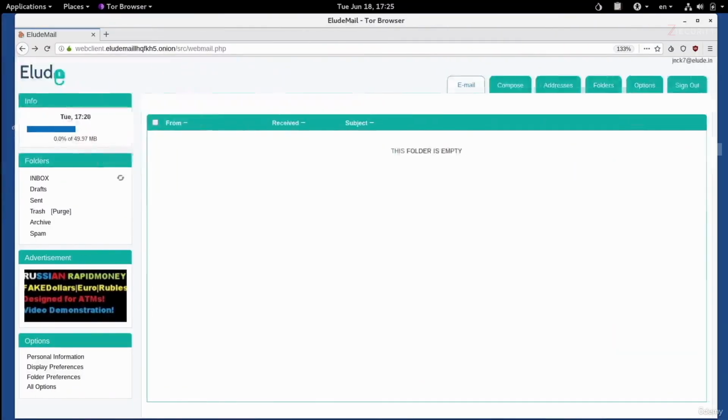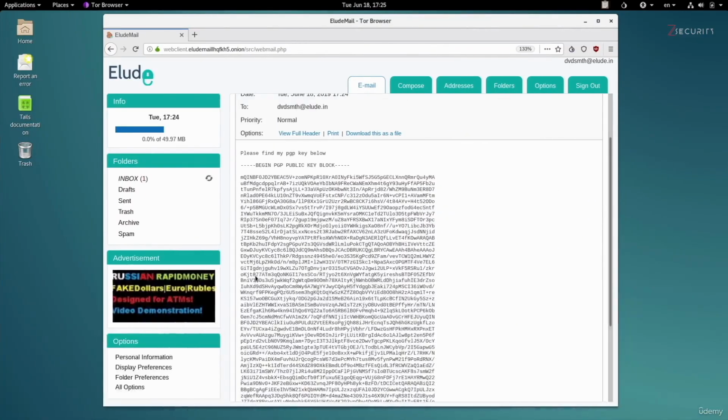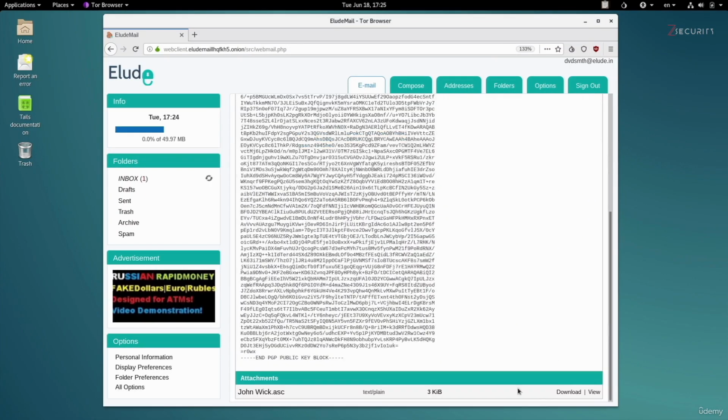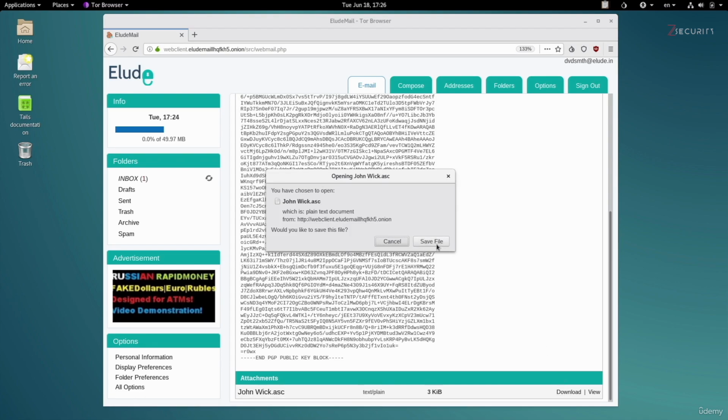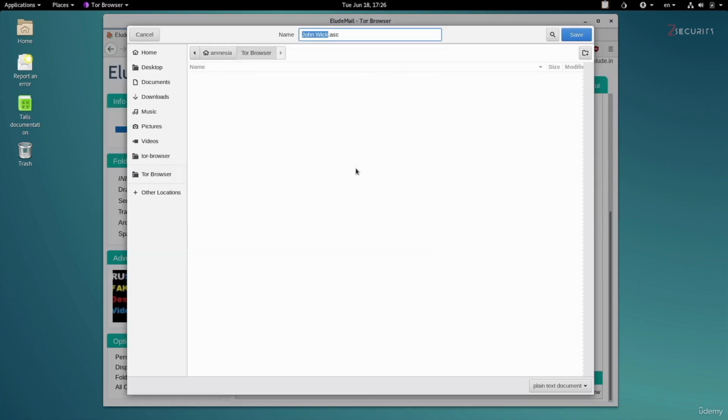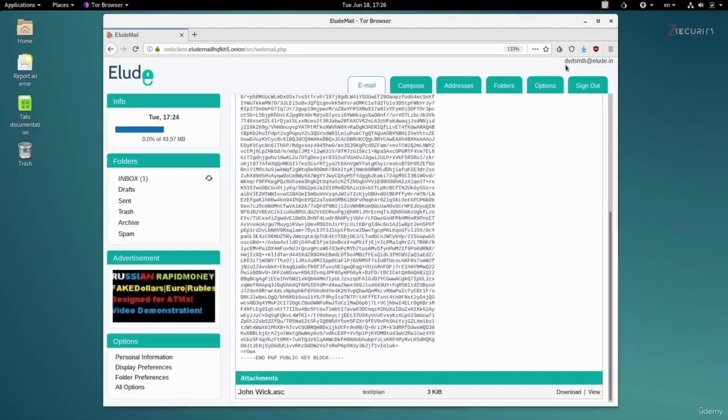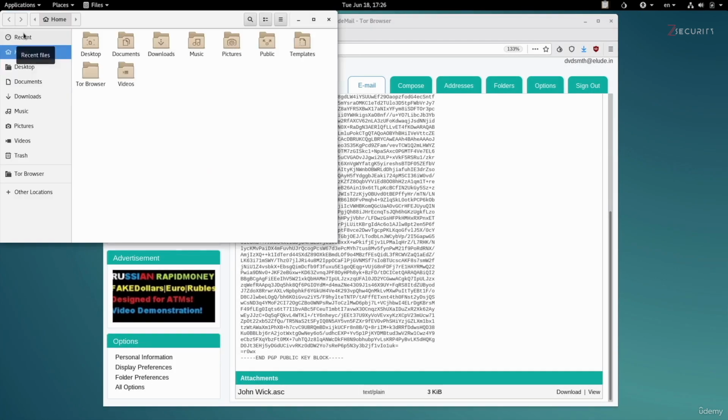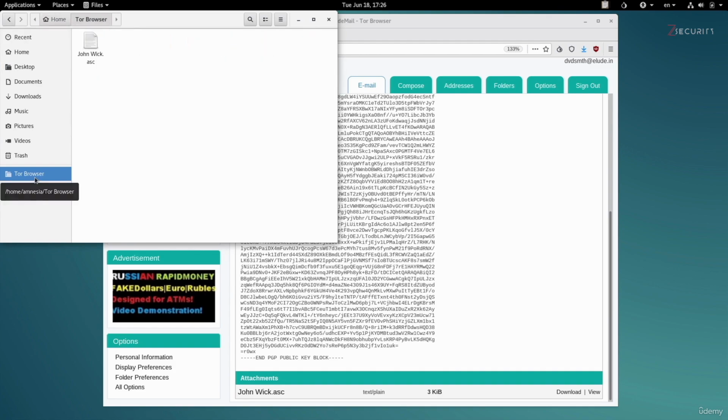So let's go ahead and download the key. We have it in here as an attachment. All we have to do is click on download. And as usual, if you click on save, this will only allow you to save it in the Tor browser directory, and it's called johnwick.asc. So I'm going to click on save to save it there. And if we go to our home directory, go to Tor browser, you will see we have the key saved